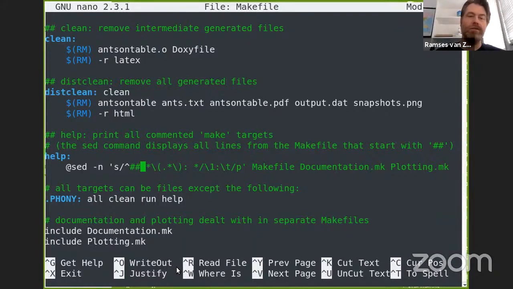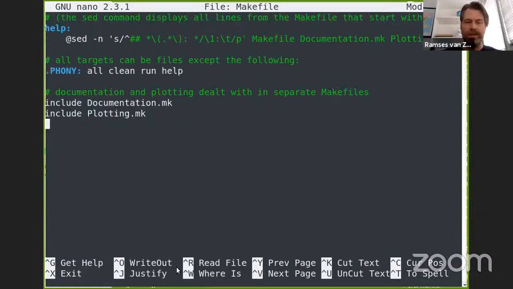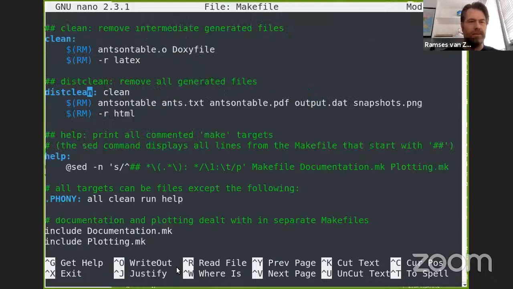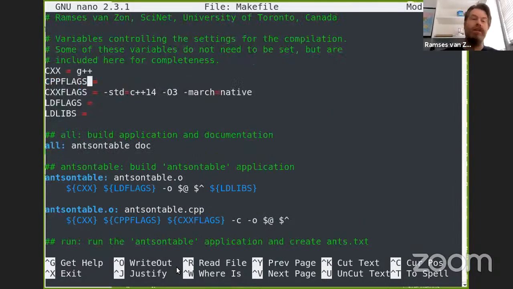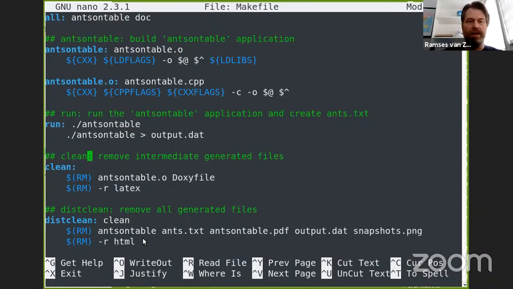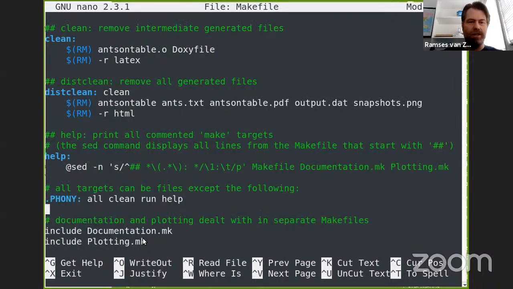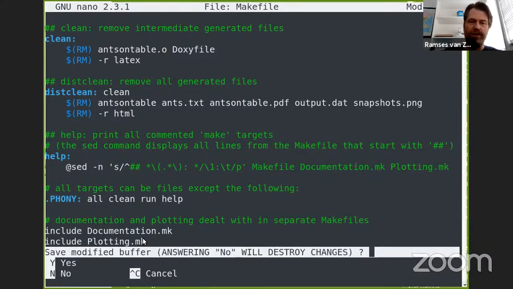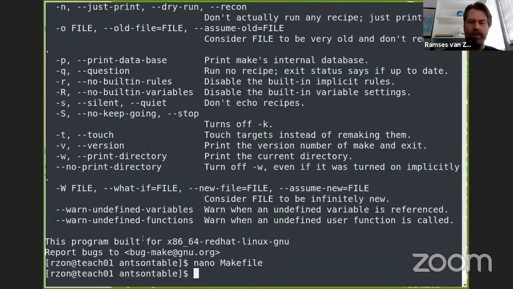Okay. Then I also have rules for plotting and documentation, and I put them in a separate file, which we can include. So separate Makefiles, just to keep things self-contained. So even Makefiles can be modular, right? So the main part is really this part, right? It's the linking and the compiling. The running is nice, and then the documentation is done in the documentation part. And you don't really have to know how it's done, but we can look in the code,